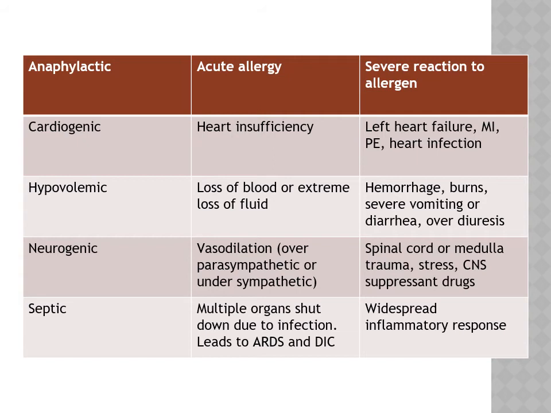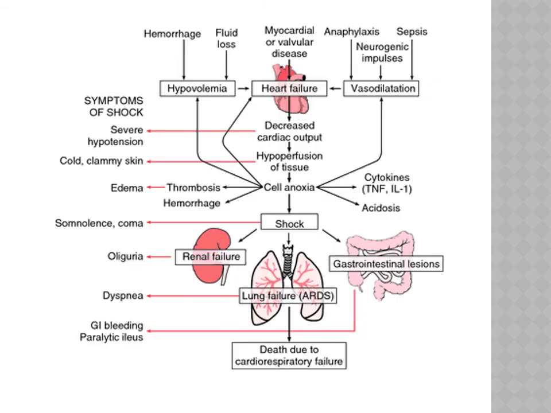So this is another chart here that shows the different types of shock and essentially what causes the different types of shock, and then what did they result in terms of patient presentation, signs or symptoms. This diagram here is a little clustered and sort of hard to follow, but what I want you to just take from this is what organs does any shock really affect? So there is an effect, a direct effect on the kidneys. So renal failure is possible, lung failure,